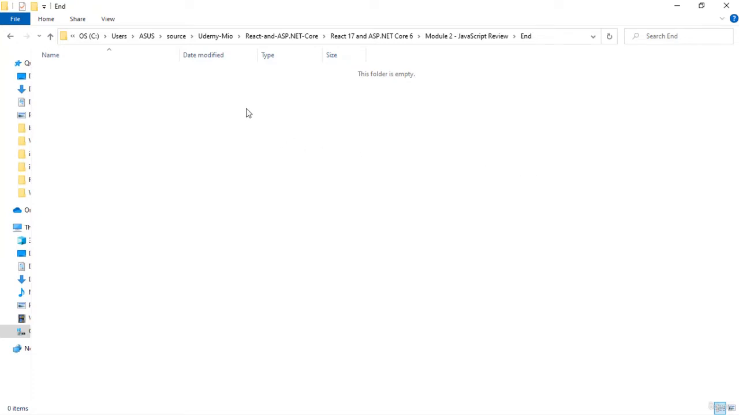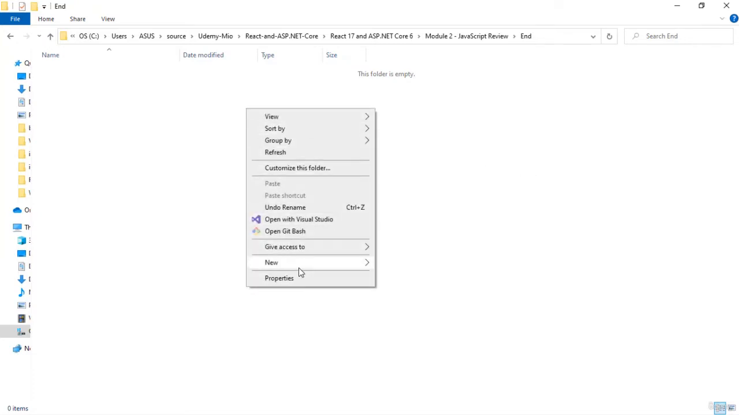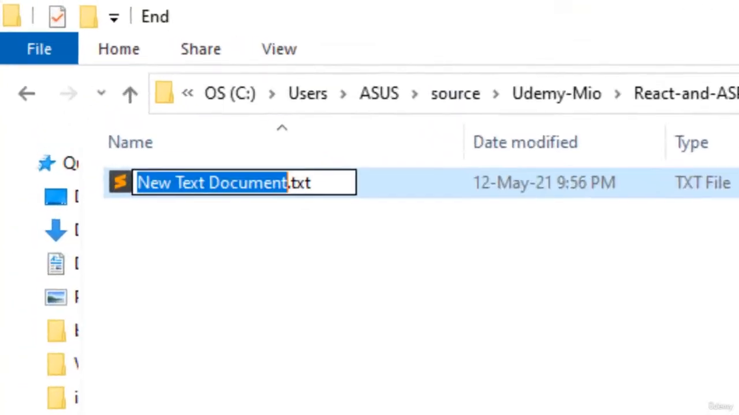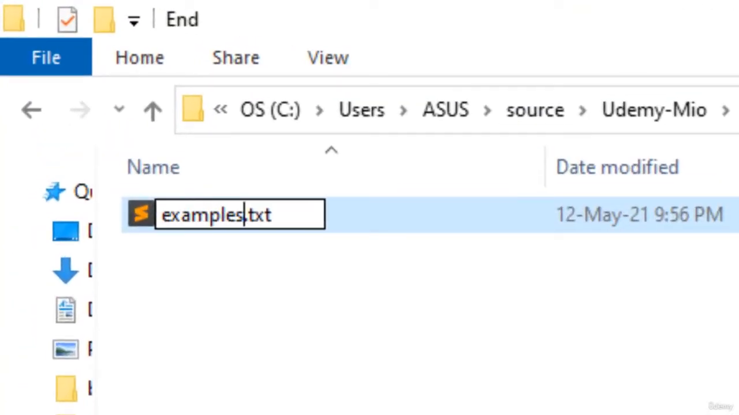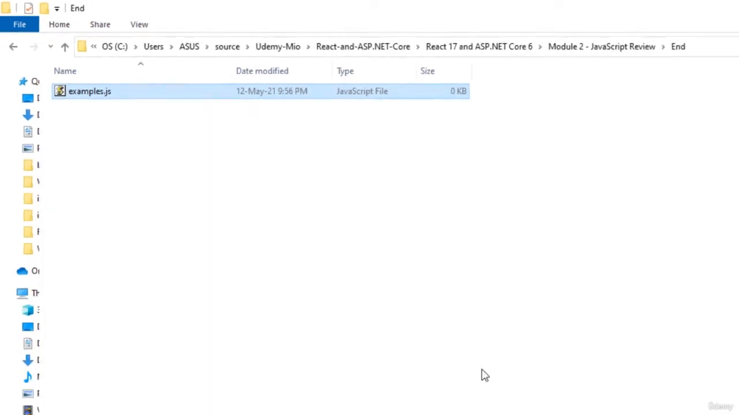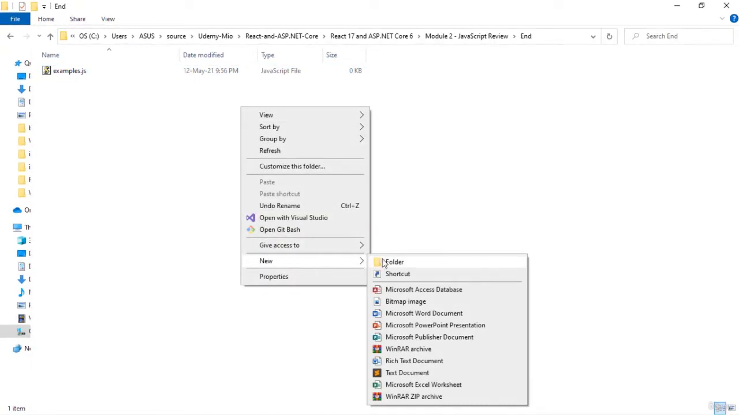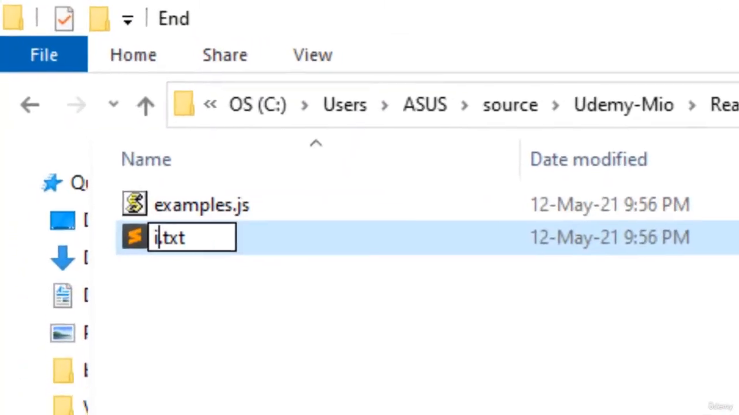So let me start by creating that JavaScript file, new text document, and I'll say examples.js, enter. And also let me create that HTML file, so